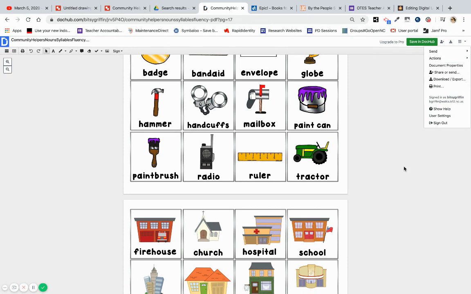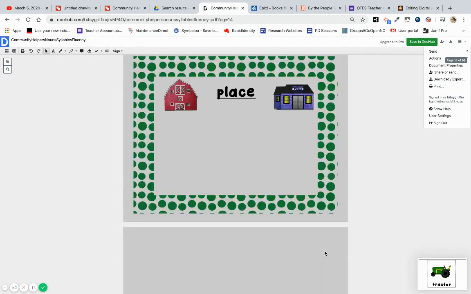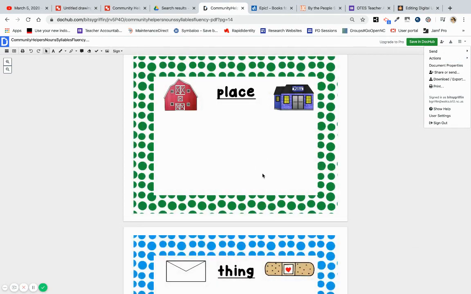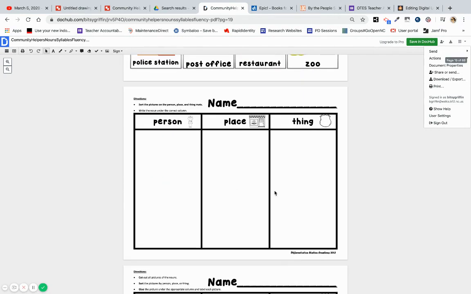used my screen snipper. And this is going to look a little different to PC users because I'm on a Mac. And I'm going to snip me a little piece. And in this case, they all go to my desktop. So my desktop is really messy right now. But this is going to be a tractor game piece in a little bit. I also snipped each of these boards individually, but I think for this demonstration, I'm going to snip this person, place, and thing board, and we're going to use it in the,